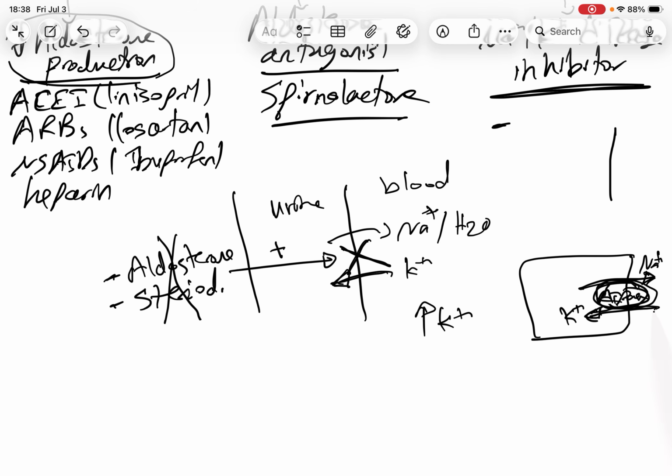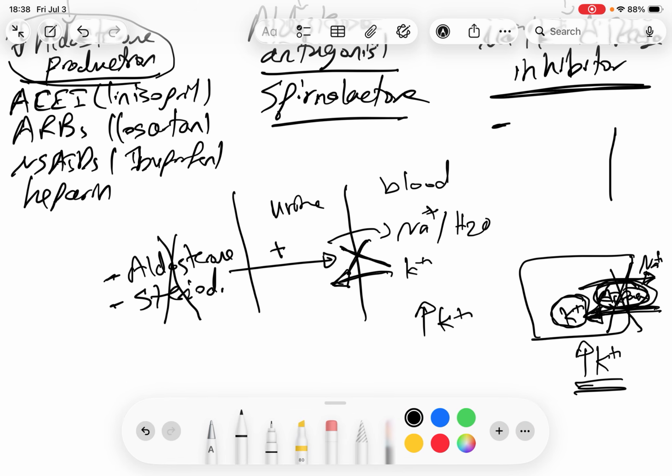So because it moves the potassium against the gradient, it needs energy. This is why it uses ATP, because the concentration of potassium inside the cell is higher, so I need energy to get the potassium inside the cell. So if I block this one, I am not able to get the potassium inside the cell, the potassium will be high outside. So these medications include 3 medications,